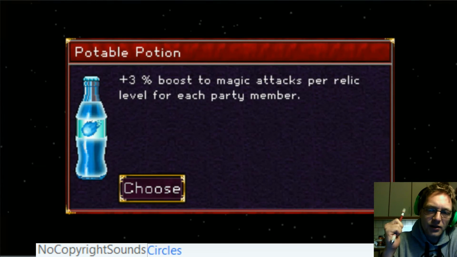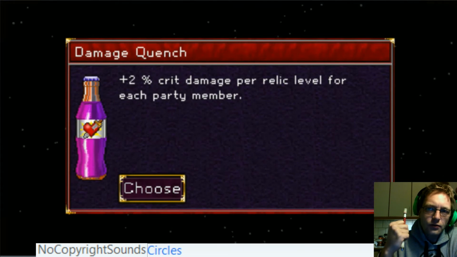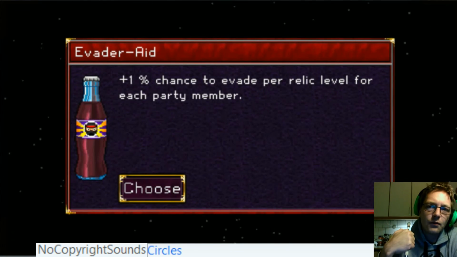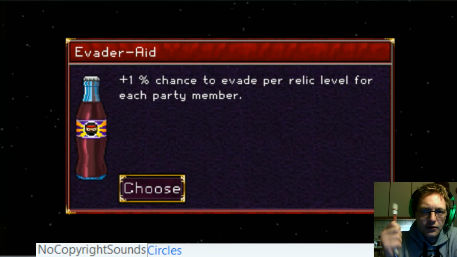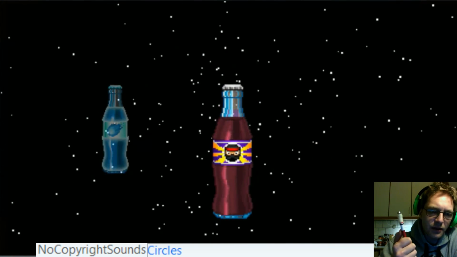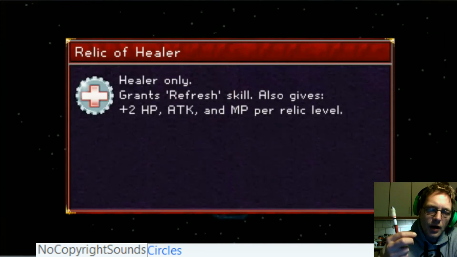3% boost to magic attacks. Crazy! 2% crit damage. Insane. And 1% evade. Also completely silly. Being the survival grinding type, I selected the evade, fearing that it might be another relic that had a level cap. I figured it's probably gonna be...